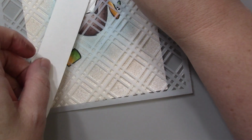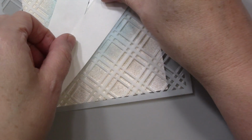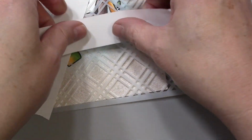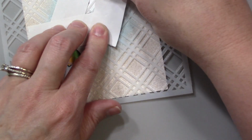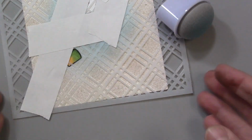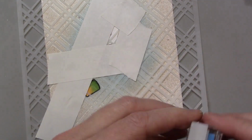So you can see I removed the mask and my image was protected, and now I'm going to show you how I fill in that blank spot. I'm taking some white tape and just putting it over the top. This tape is Post-it tape, and the Post-it tape doesn't stick to your paper. It's a very light adhesive so that you can do things like I'm showing you, and just masking off the